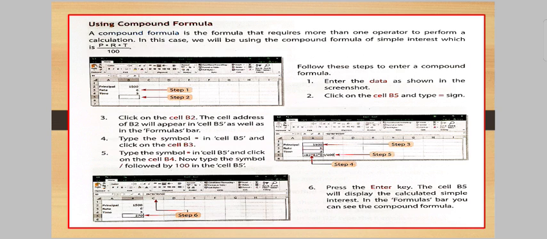A compound formula is a formula that requires more than one operator to perform a calculation. More than one operator is called a compound formula. So now,